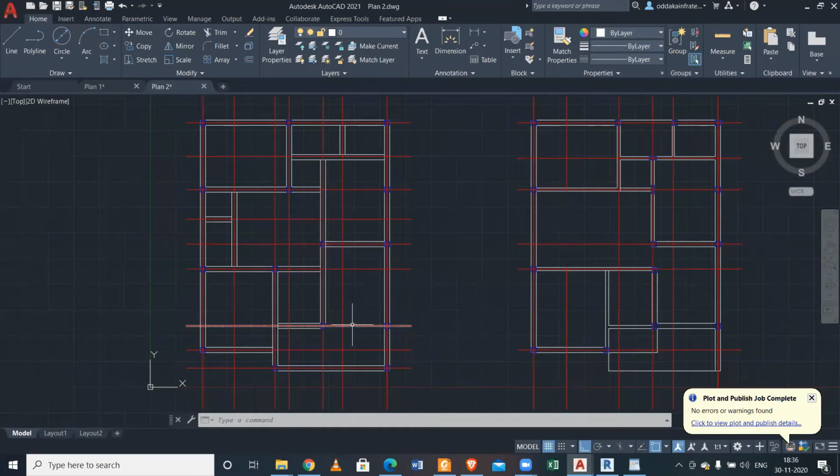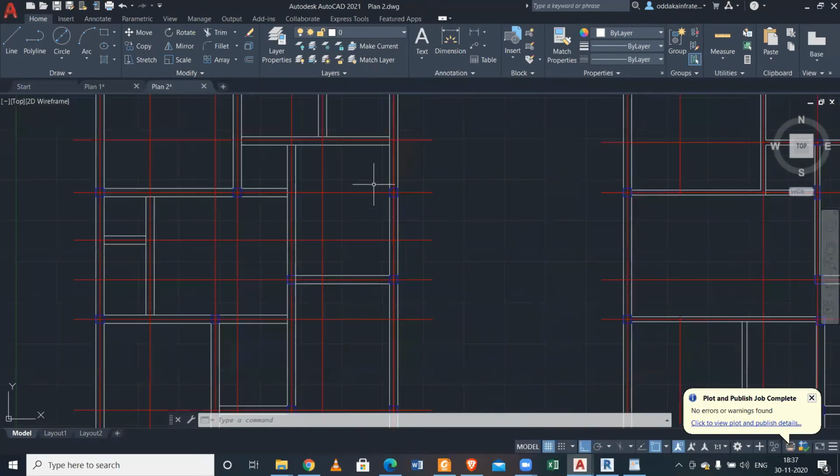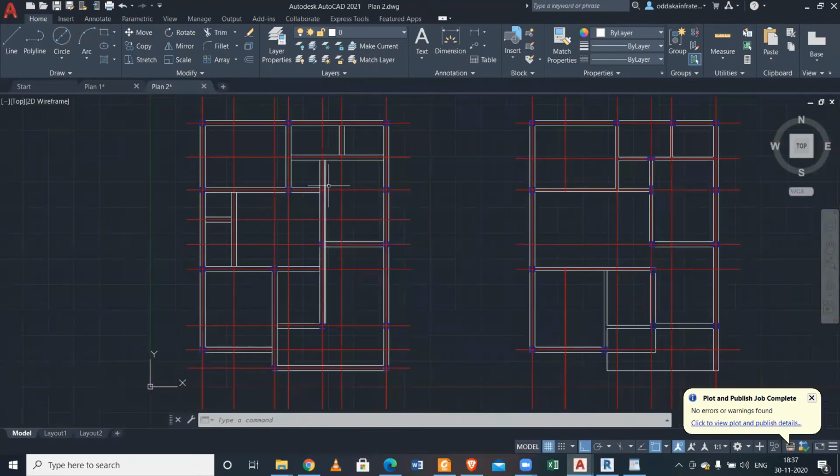In the plinth level we don't have a wall here in the first floor. But if we extend this beam up to this much, it will have better chances of taking the load, because this span is large, and this particular span is also large. So to reduce the length of the slab, we can divide this into two parts. We can do that for the first floor. So in the plinth level we will not provide this beam in Tekla Structural Designer, but in the first floor we will provide this.